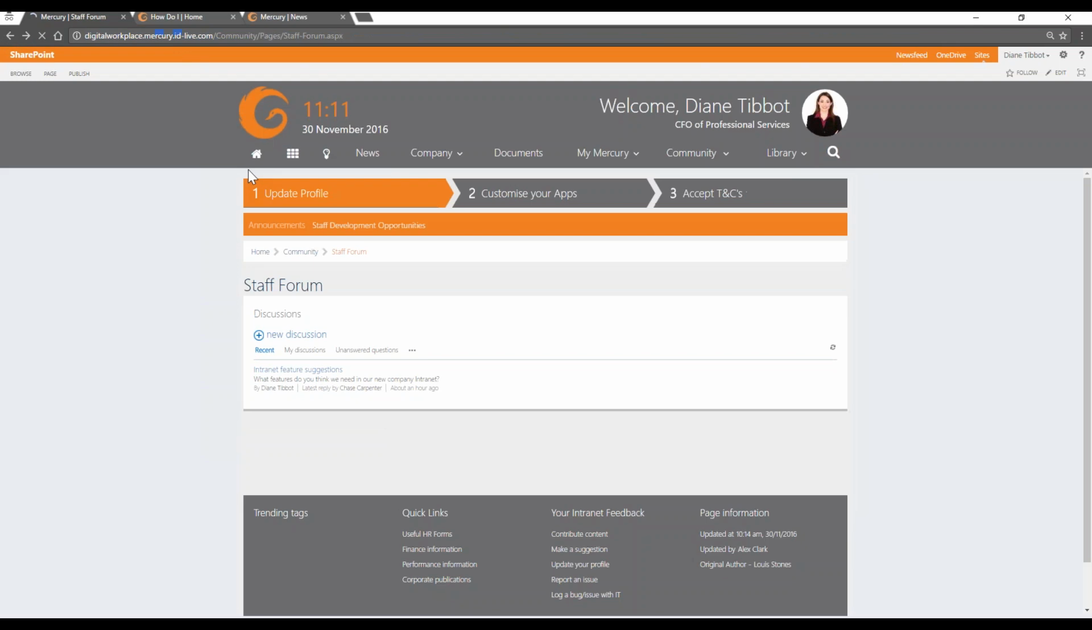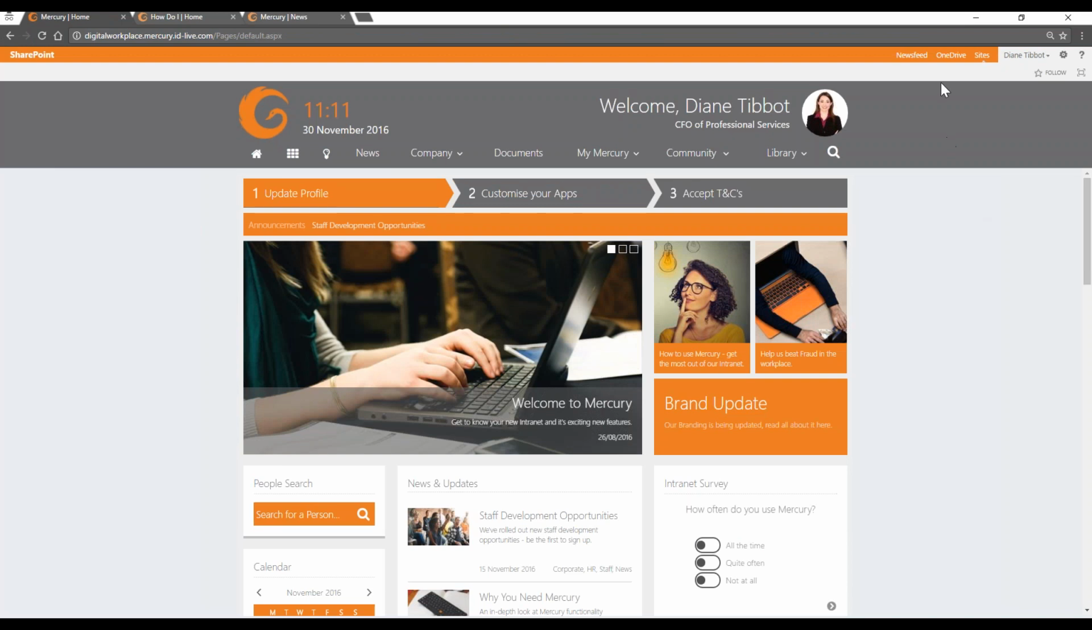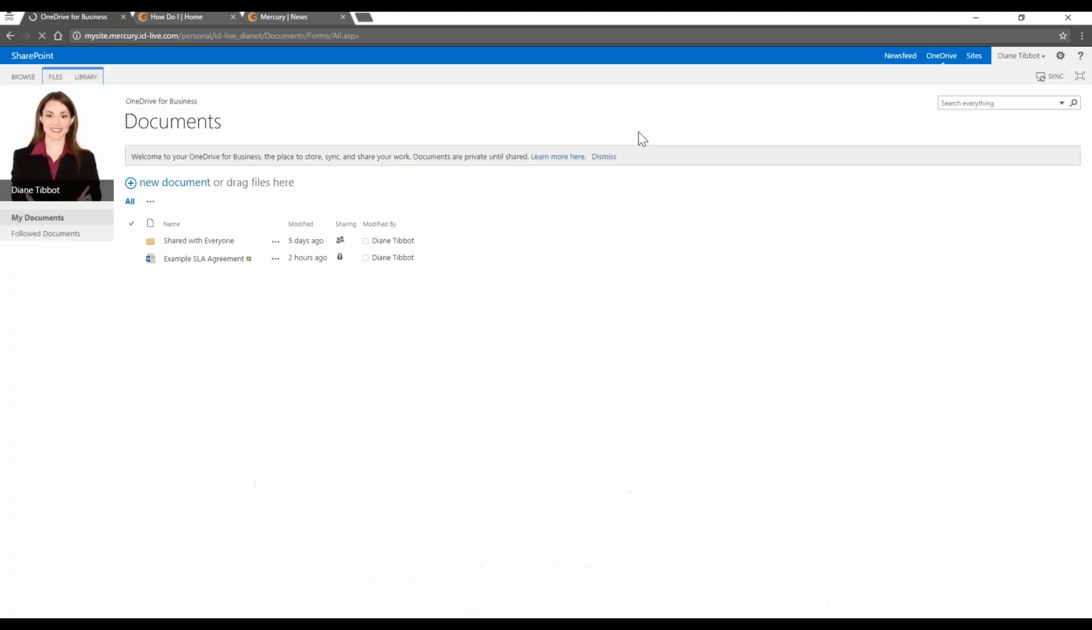Okay, so I'm going to go back to the home page and show you another feature. So as Mercury is built on SharePoint and Office 365, we can leverage some of the out-of-the-box functionality to really help your users collaborate. One of these is OneDrive. So if I click through into OneDrive, you can see Diane's OneDrive here. I've uploaded a document, in this case an example SLA agreement document,